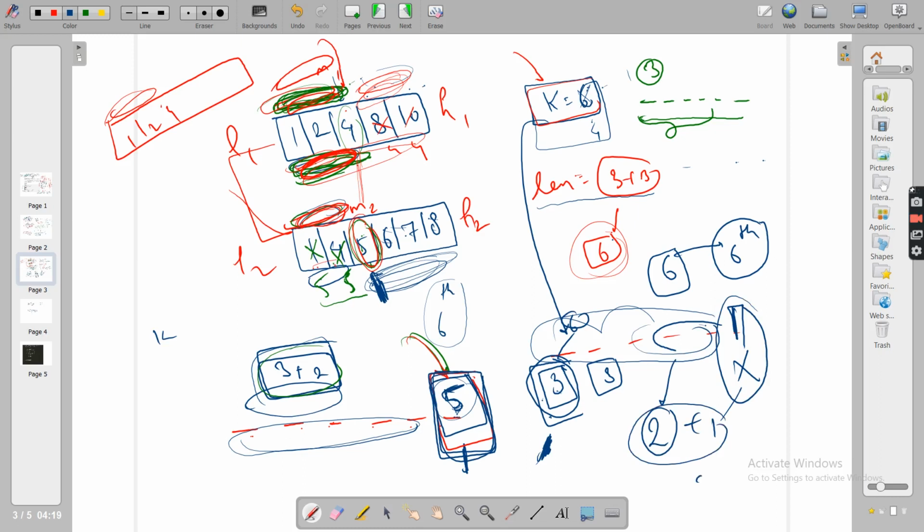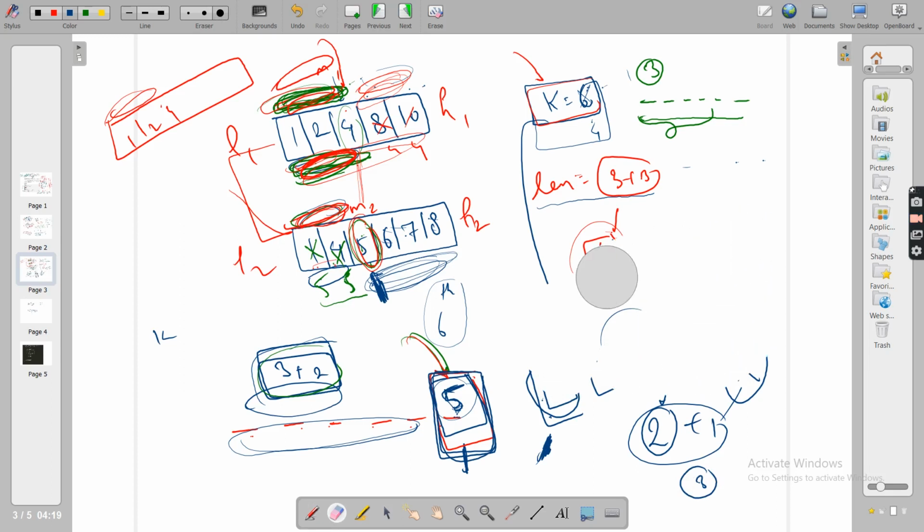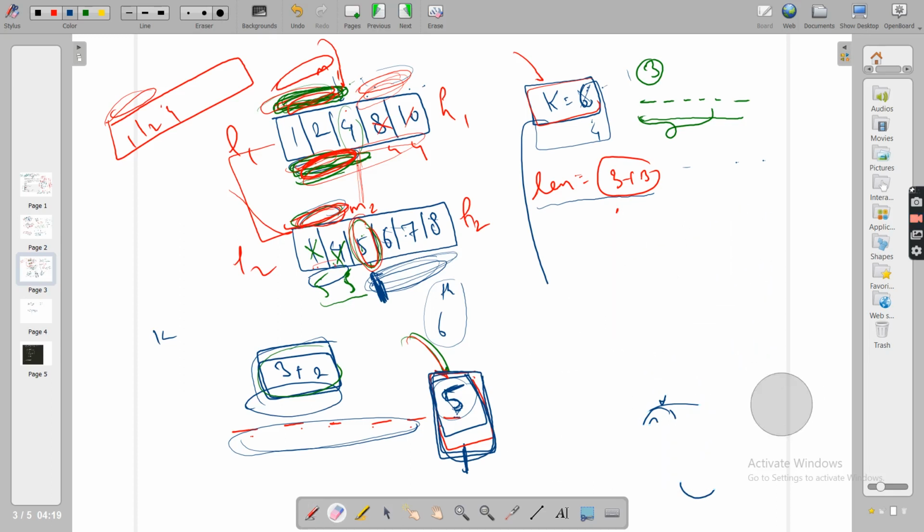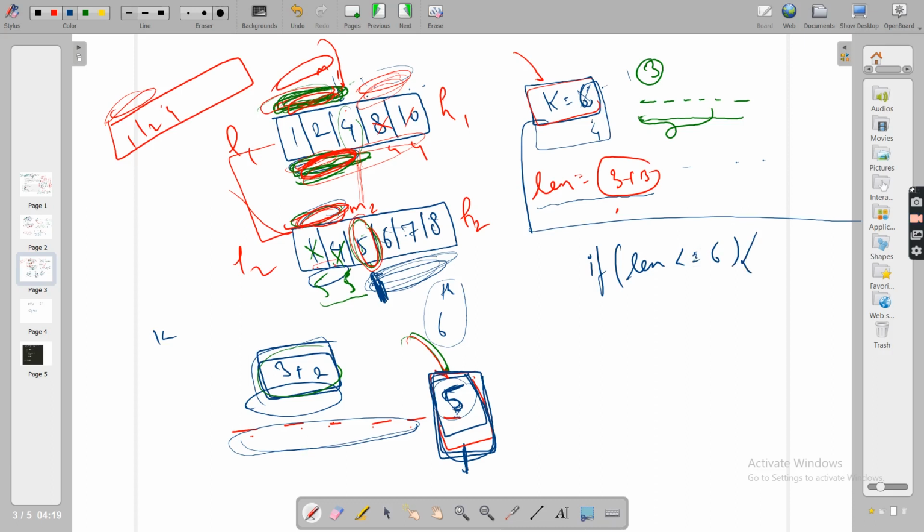How many elements are remaining? 3 elements are remaining, and we are not losing the x element, we are not losing the sixth position. I hope I didn't confuse you a lot, but this might take some time to get in. If you solve test cases along with me as I solved, you'll know this is not that tough. So if your len is lesser than equals to 6,